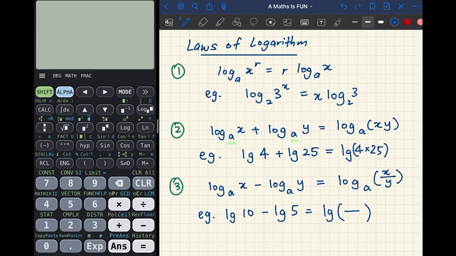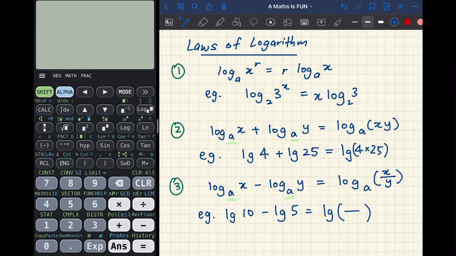So what happens if I have log x base a minus log y base a? And again, the same important thing is that both of them are of the same base. All right. So product law and quotient law, which is law 3, only works if the two terms that we are combining are of the same base. All right. So for quotient law, the right hand side of the result would be log of x over y